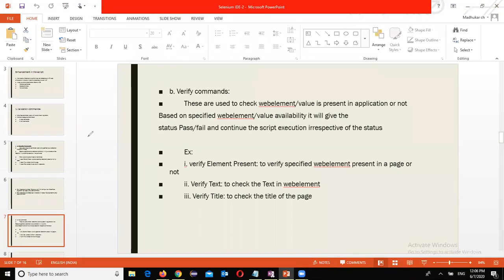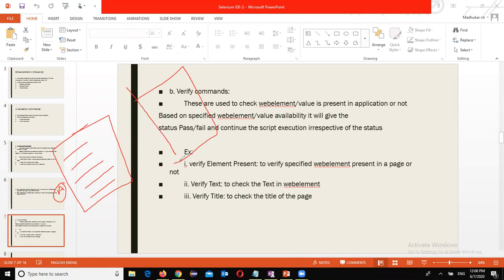This is the script. In the middle somewhere we use an assert command. Here we use the assert command. Here also some script is there. In the middle, I use a verify command. Here I use the verify command. Now, while executing,